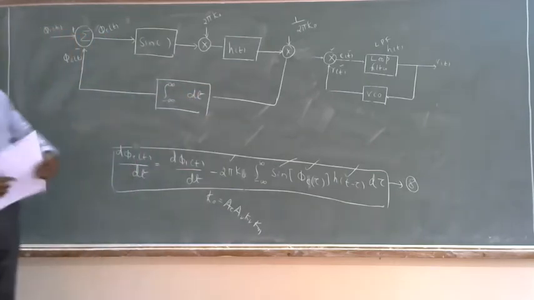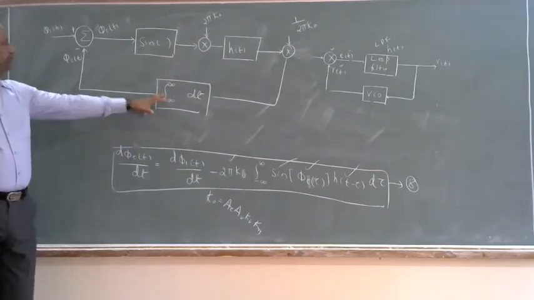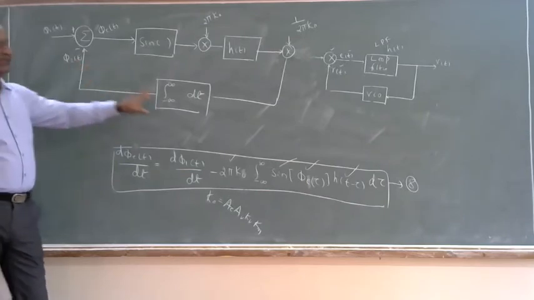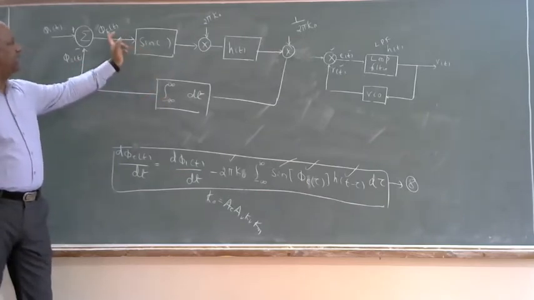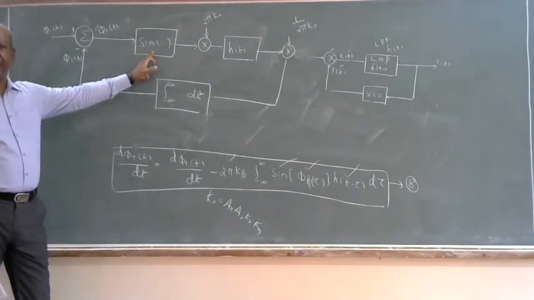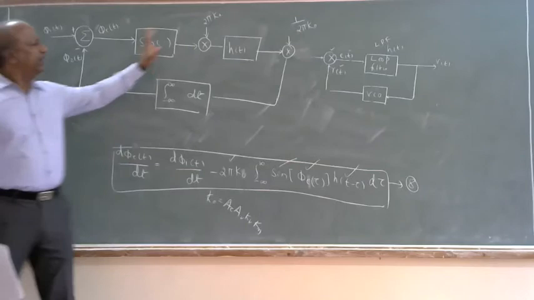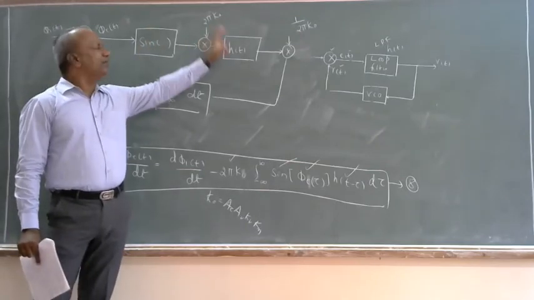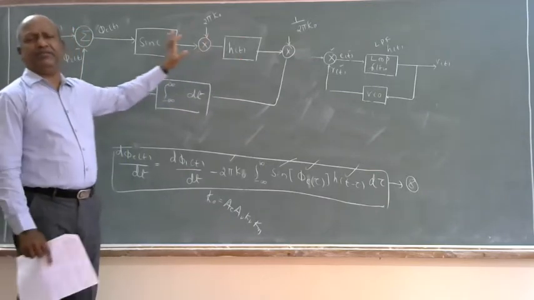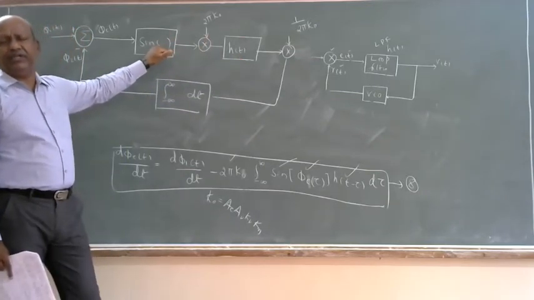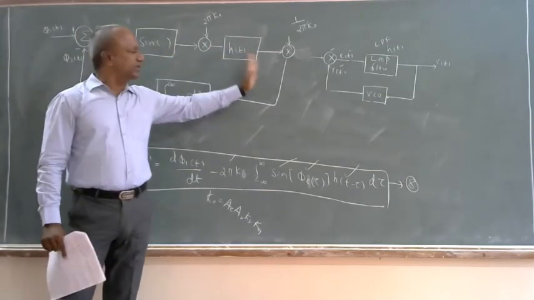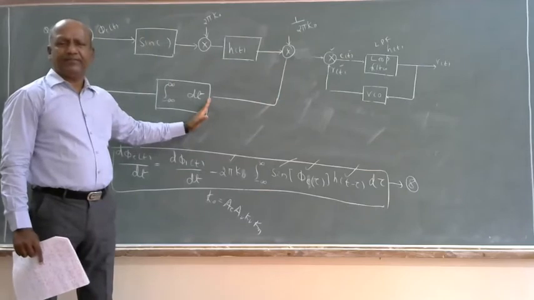Okay, I generated the second term, phi 2 of t, in the form of what? Actually, phi of t passes through a sine function, so it becomes sine phi of t, multiplied by 2 pi k naught and h of t. In the convolved form, it becomes sine phi of tau into h of t minus tau, a convolution. That convolved product will be given as input to the integrator.